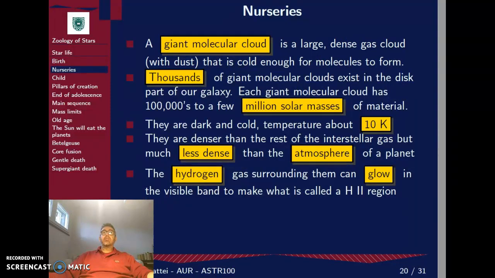Then we can say that there are places in the universe that we can call nurseries because they are just giant molecular clouds with dust, and they can host a lot of material, and this material is what is needed to create the stars. What is interesting is that despite being very cold, 10 kelvins, and very dark,